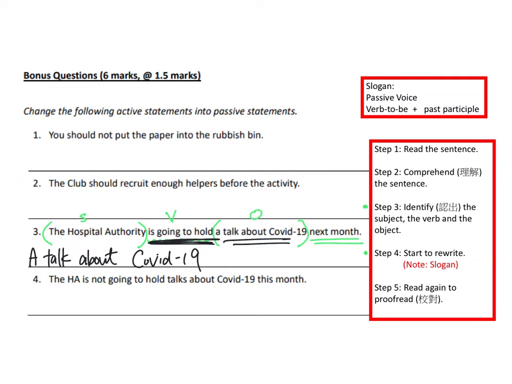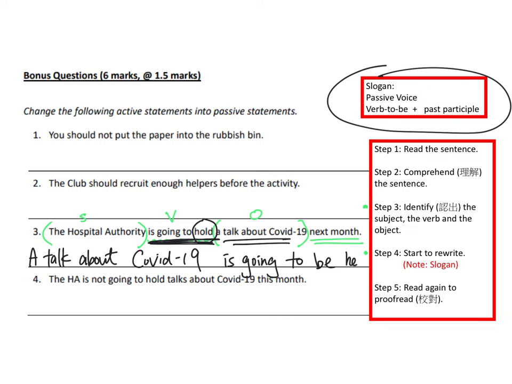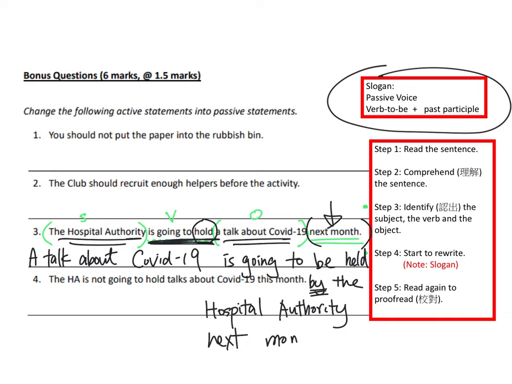Is going to hold 呢個 verb 又要轉啦。Verb to be 再加 past participle。Is going to hold 變成 is going to be,呢個就係 verb to be 啦。Is going to be 再加返個 past participle,hold held held。